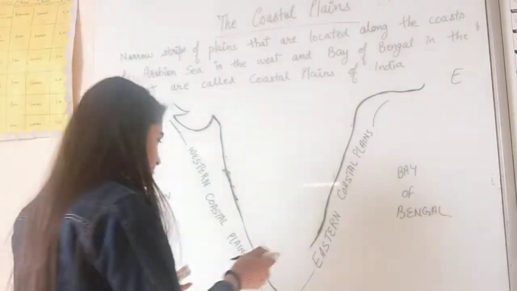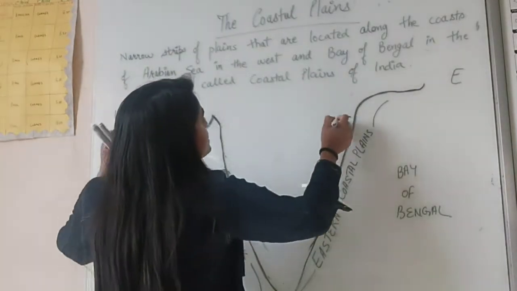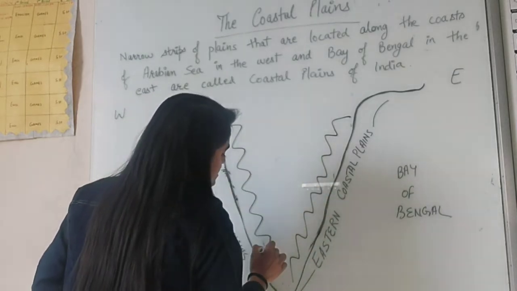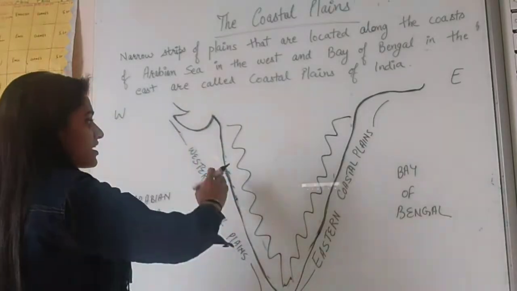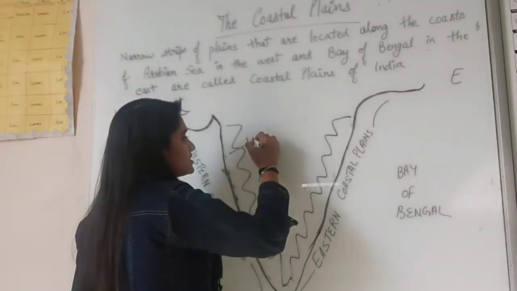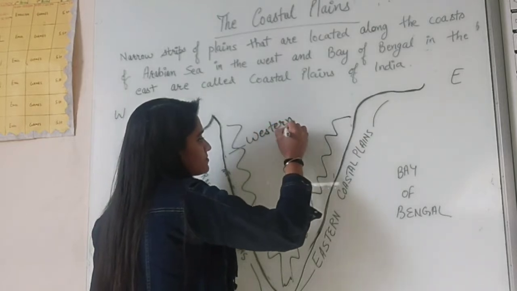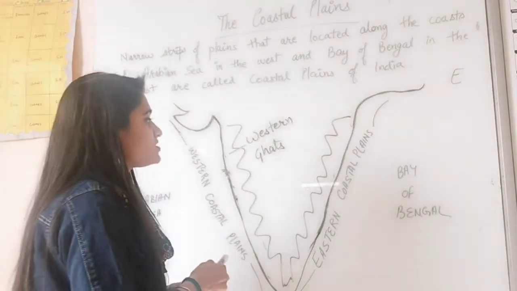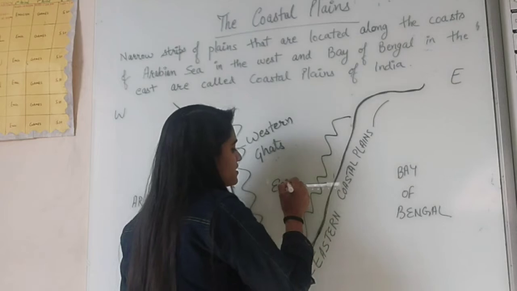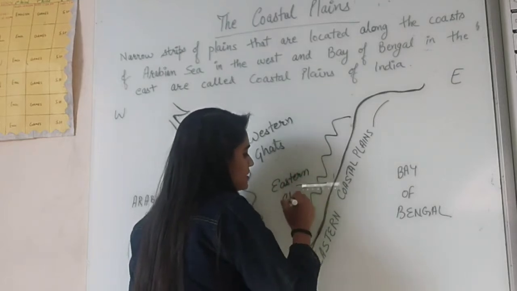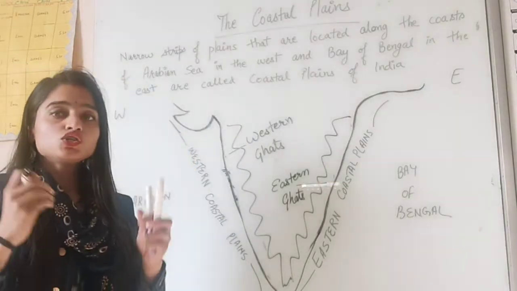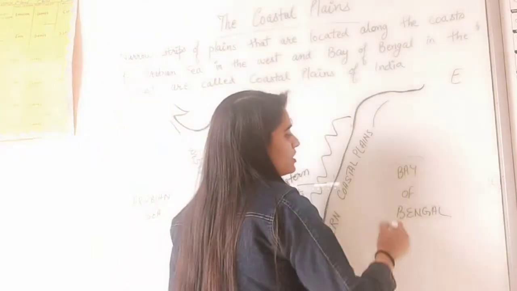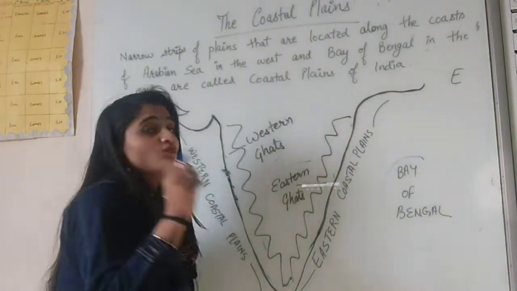Now, as you know, here you can locate the Western Ghats and the Eastern Ghats. The Ghats on the western side are known as the Western Ghats, and the Ghats on the eastern side are known as the Eastern Ghats. So the coastal plains which lie between the Bay of Bengal and the Eastern Ghats